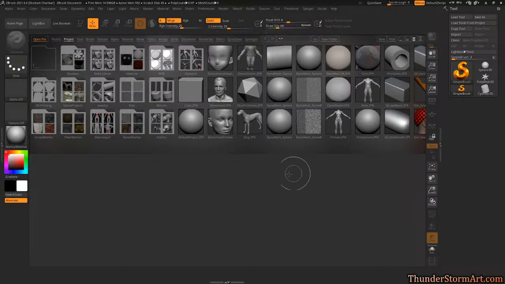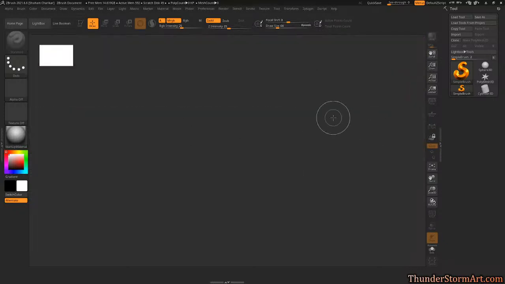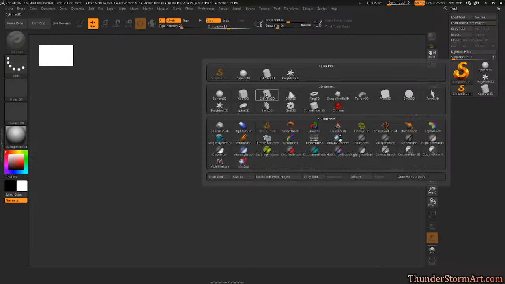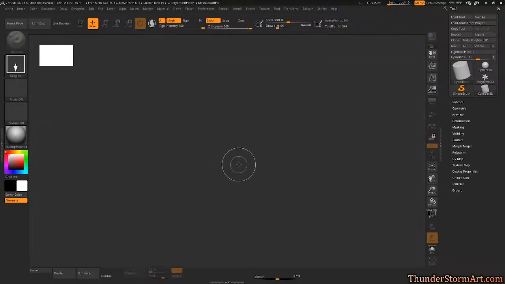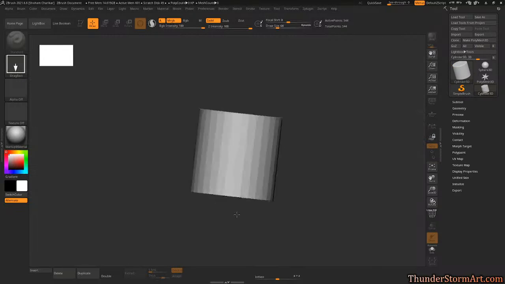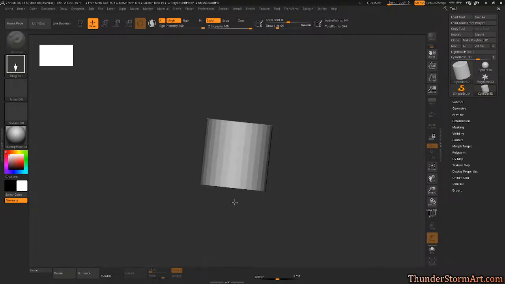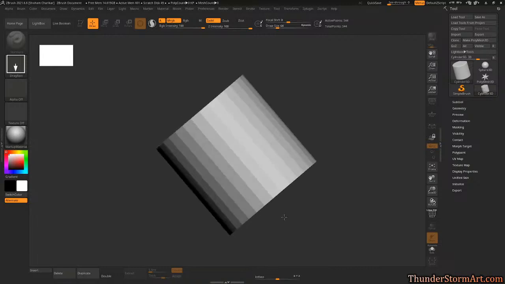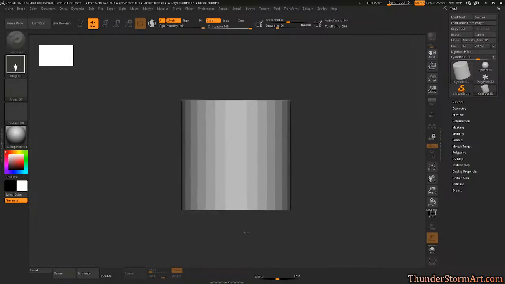Okay, I'm going to start from scratch. So again, this is ZBrush. We're gonna hit comma to send the light box away. Then for this one, I'm just gonna go over here, click on cylinder. This is fine, the default cylinder. The way you place it, you hold shift and now it's snapped. You're just gonna control the size, but without shift held, you got all these weird angles. Just hold shift, it'll be nice and